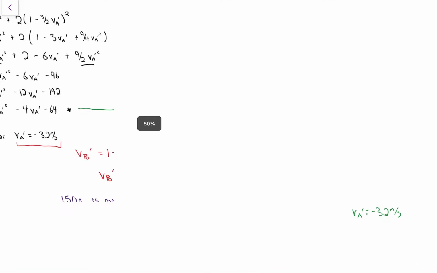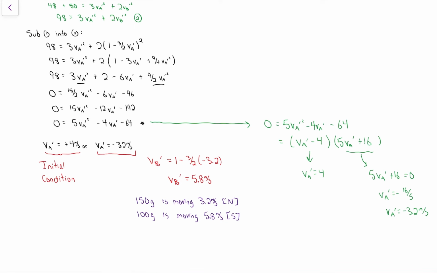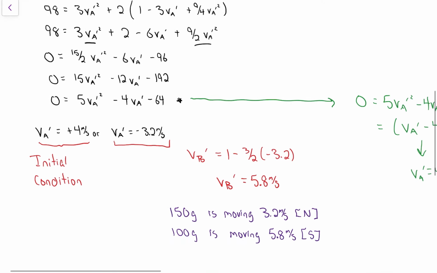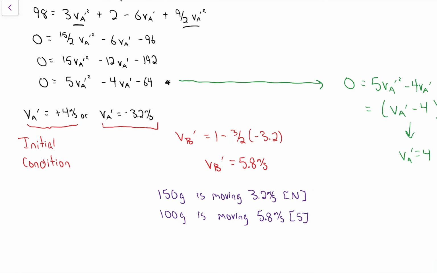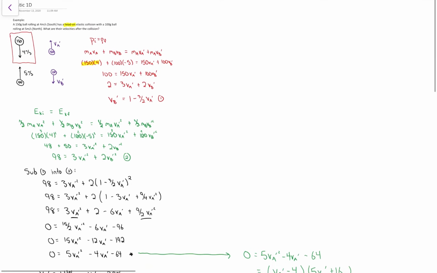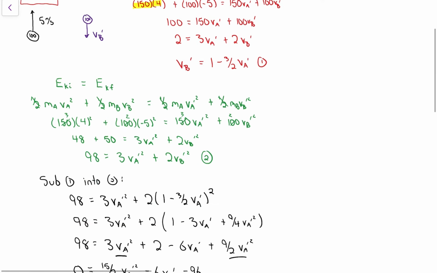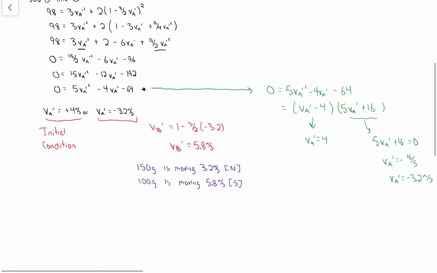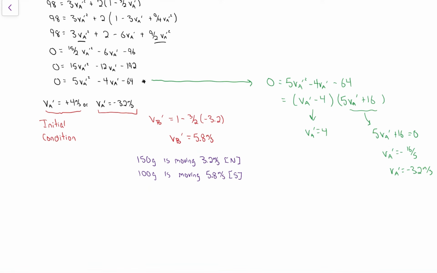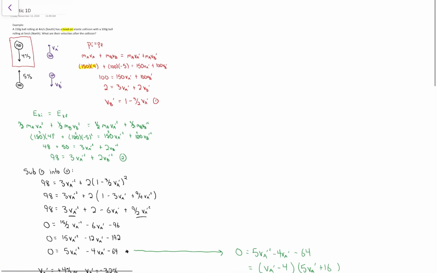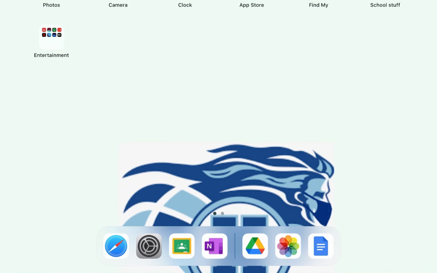So moving forward, I'm going to use this cool artifact that the initial condition is one of our answers to simplify the math in the last step and to kind of form a check. If I got to that simplified quadratic, and when I solve it, the initial condition isn't one of my answers, then I've goofed up the algebra somewhere along there. The good news is we're not going to do two-dimensional elastic collisions. It just ramps up the math and doesn't really add any physics. And to be honest with you, if you did have a two-dimensional elastic collision, you would just throw it into a computer. There's lots of solutions or coding that have been done already, or you could do it yourself if you're really keen, but we'd just get it solved for us. No one really solves 2D